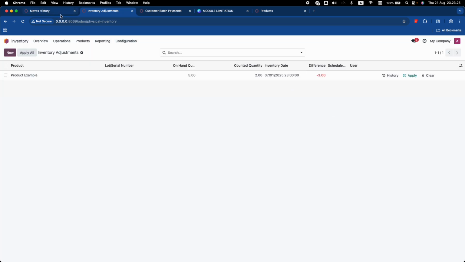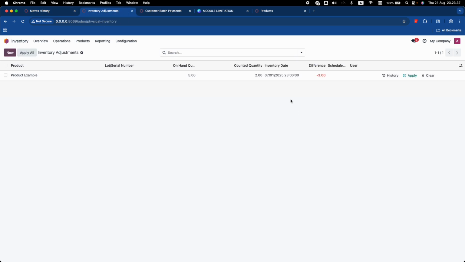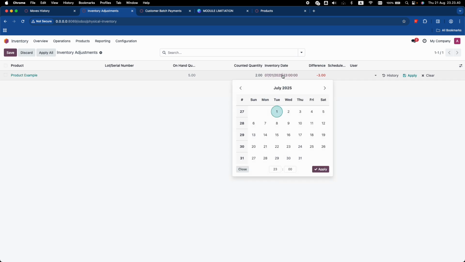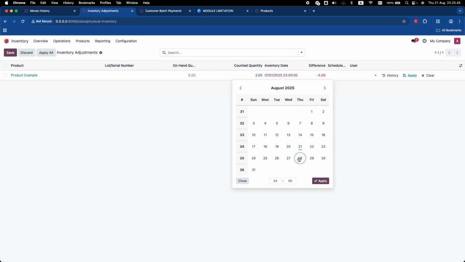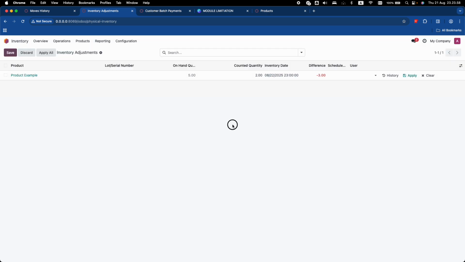Unless you are adjusting above this date, in the future of the date, that is still a good way to go. And if you are trying to change it to after today, where today is the 21st, so let's try. I'm going to change it to 23 or maybe 22. It's fine. And the pop-up will show you can only select the current day or any preceding day. Okay, so that's a small